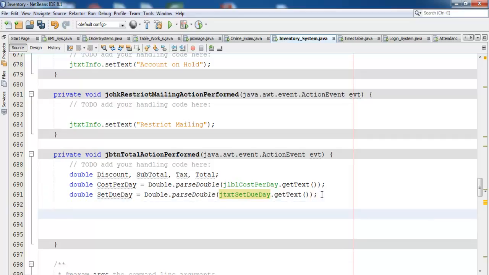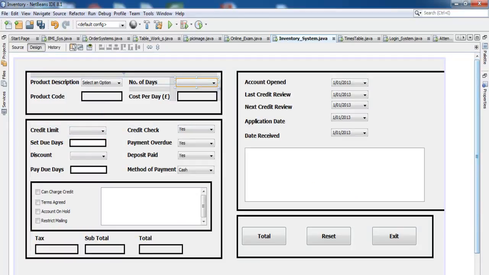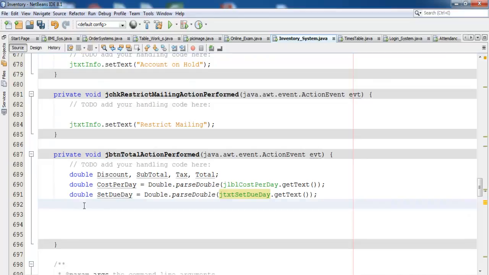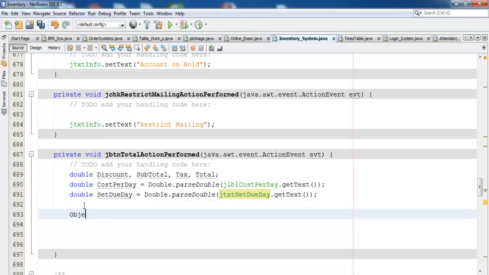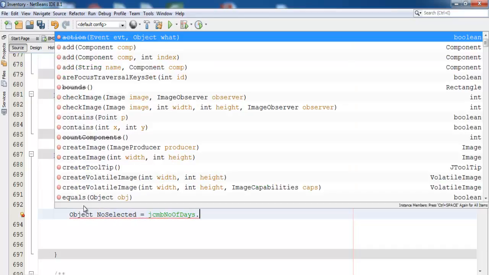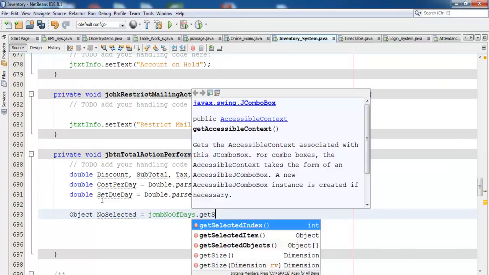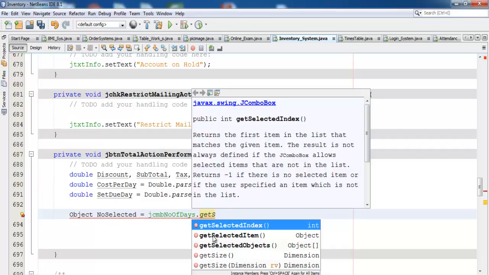Okay, now for this very one here, number of days, let's get the name, copy that. I think I will create an object. Let's create an object here. So object number selected equals this dot get selected item, get selected item, yeah,